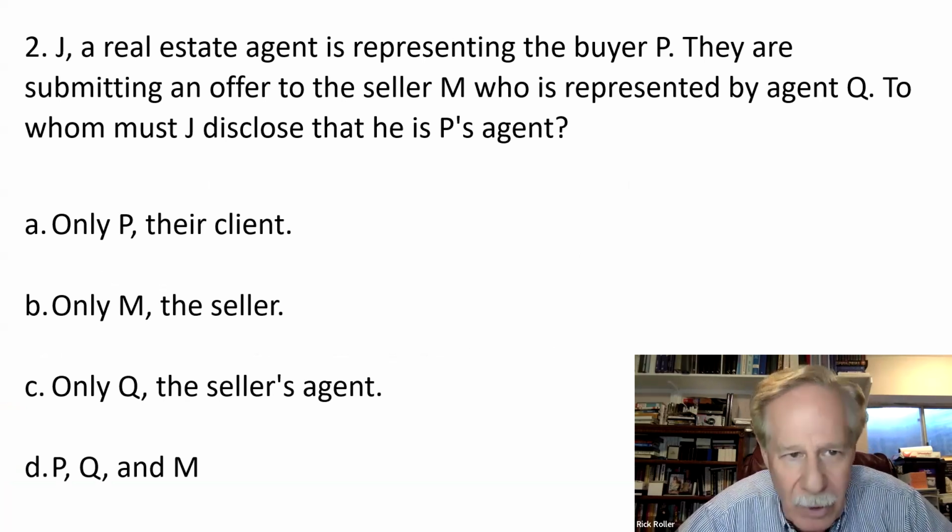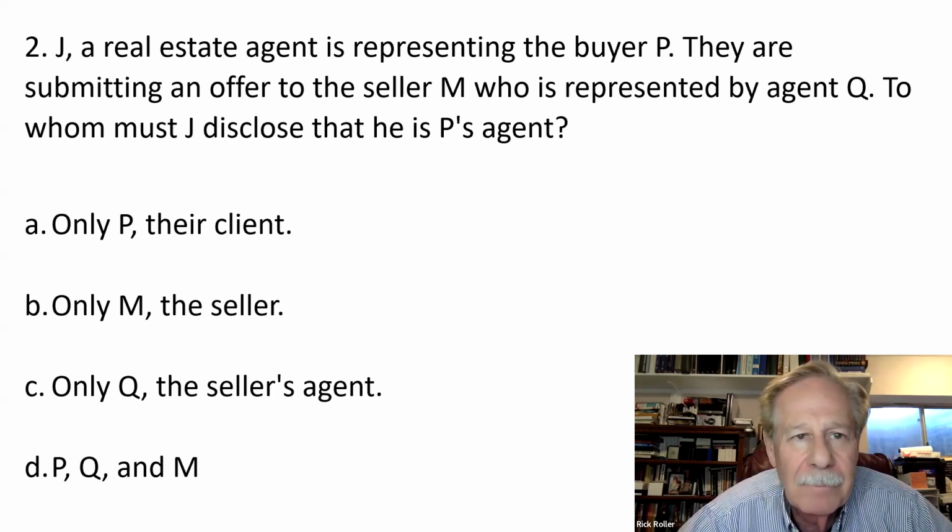To whom must J disclose that he's P's agent? Okay. Now, J's the real estate agent, and he's working for P. You know, he's representing him, which in our state means you have a contract with the buyer. It'd be a buyer's contract. You could also be representing M too, but it's not going there. It just talks about,